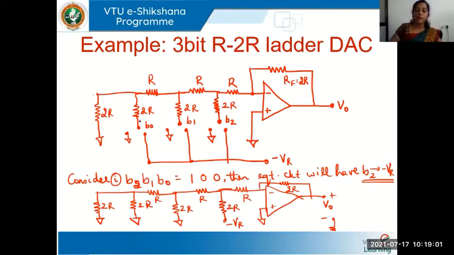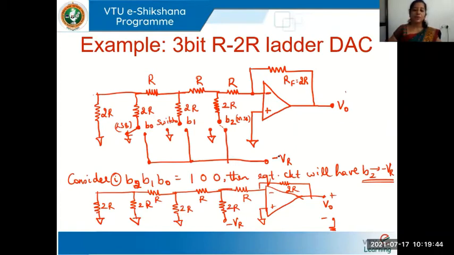Okay, and you can see these points are switches. All these are switches, B0, B1, B2. This is your MSB, the most significant bit, and B0 is your LSB, the least significant bit. And you see these switches can either be connected to ground or they could be connected to this Vref. Here we have used a negative Vref. The simple reason for doing that is I'll get a positive output voltage, because this complete ladder network is connected to the inverting terminal of the op-amp.